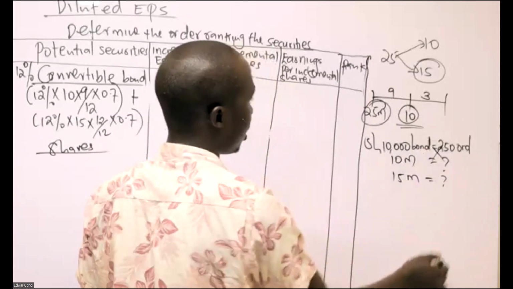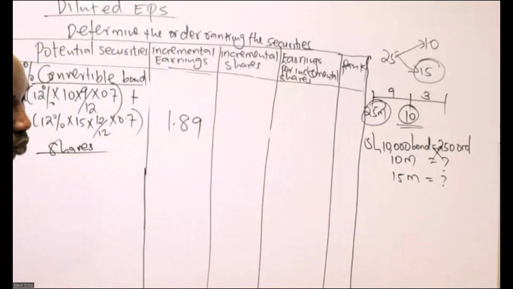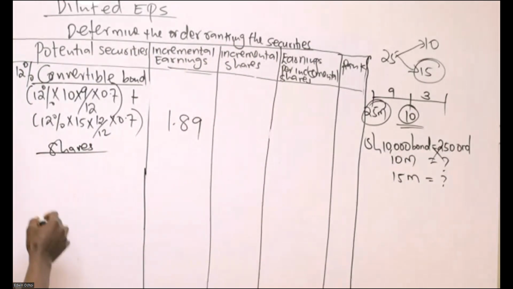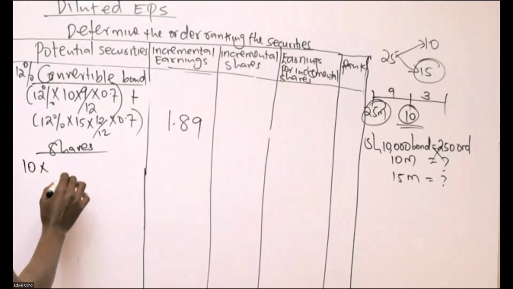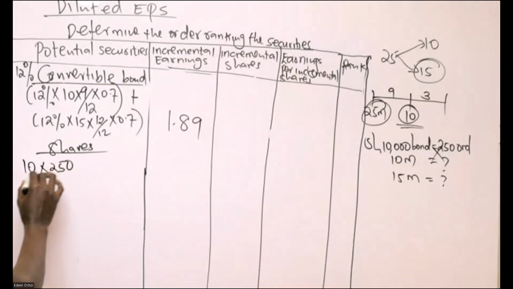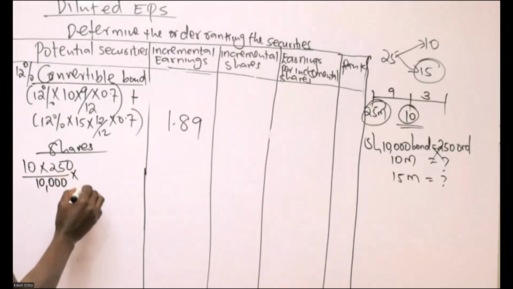We cross multiply, and up to the time of conversion we prorate. So here I would say 10 times 250, divided by 10,000, up to the date of conversion of the 10, 9/12,